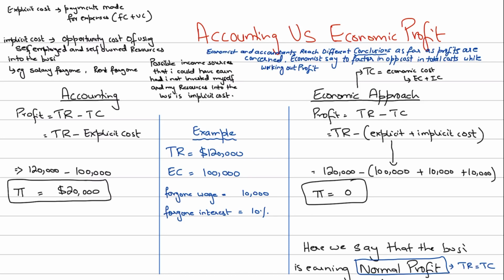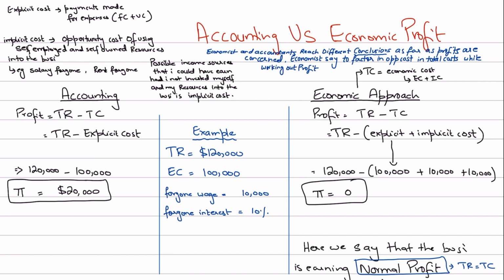Hi guys, welcome back. In the previous videos, we established the quantity at which firms would maximize their profits. That is the profit maximizing quantity, where we used the totals approach and the marginals approach, right? Now in this video, we are going to look at what constitutes profit for economists, because the accounting definition of